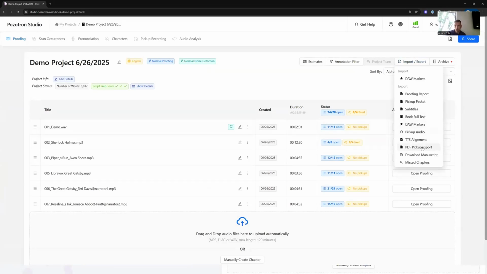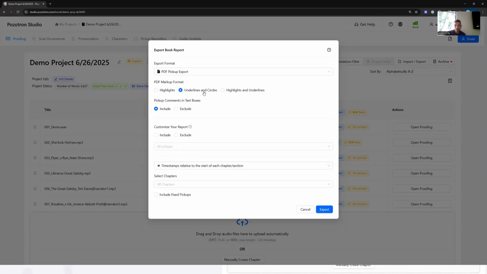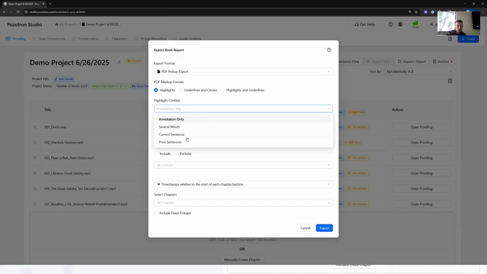The PDF pickup export is another kind of pickup report. So some people requested this. They like it in a PDF with either the mistake highlighted in the PDF or underlined with a circle or both. So you have options here for the format you'd like there. You can choose how much of the text to highlight for the pickup,